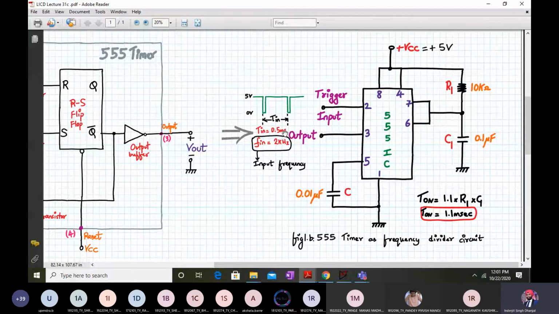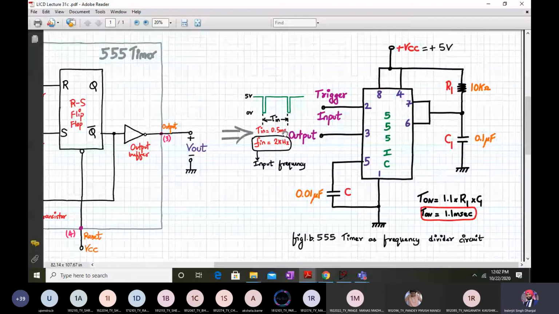What is different than earlier? We didn't care what the frequency of my trigger input was. I told you, you apply some trigger input and the output will be in the monostable state, right? Monostable means it will be quasi-stable, and the other will be a stable state. We never thought about the input frequency at all. Now in this application, we will consider the input frequency and reflect it at the output, and we will derive a relation between the input frequency and the output frequency. The input is applied to pin number 2 and the output is taken across pin number 3.